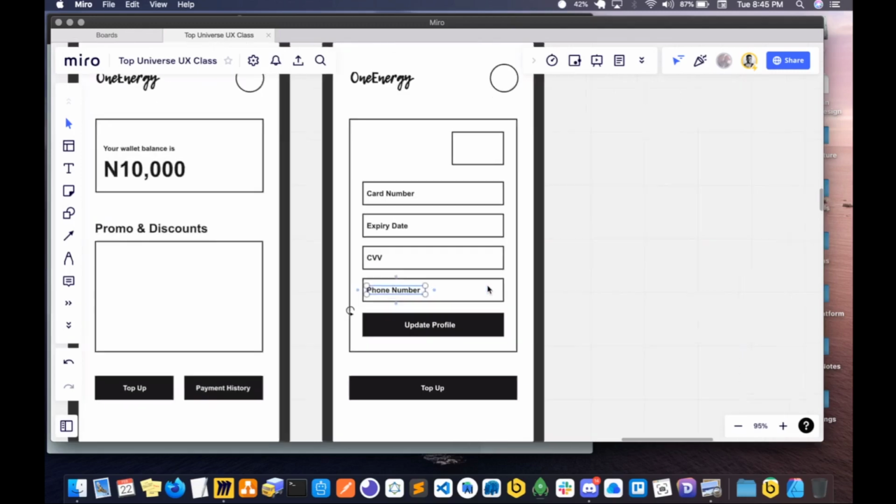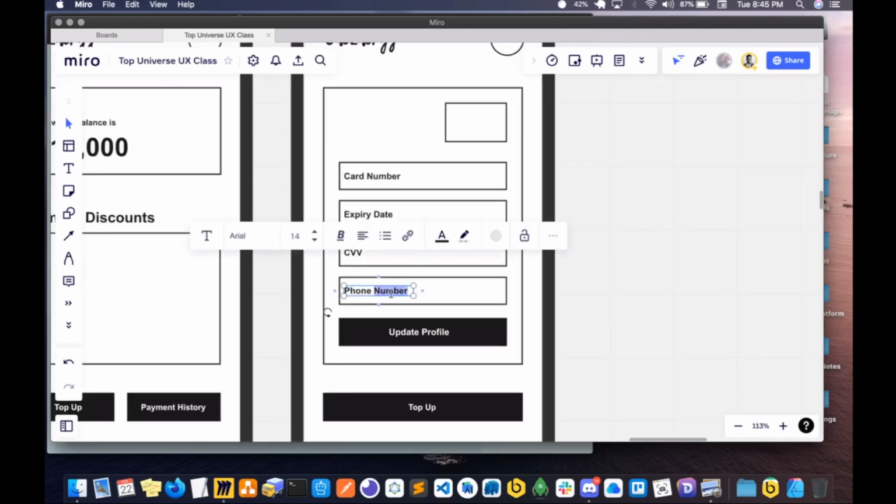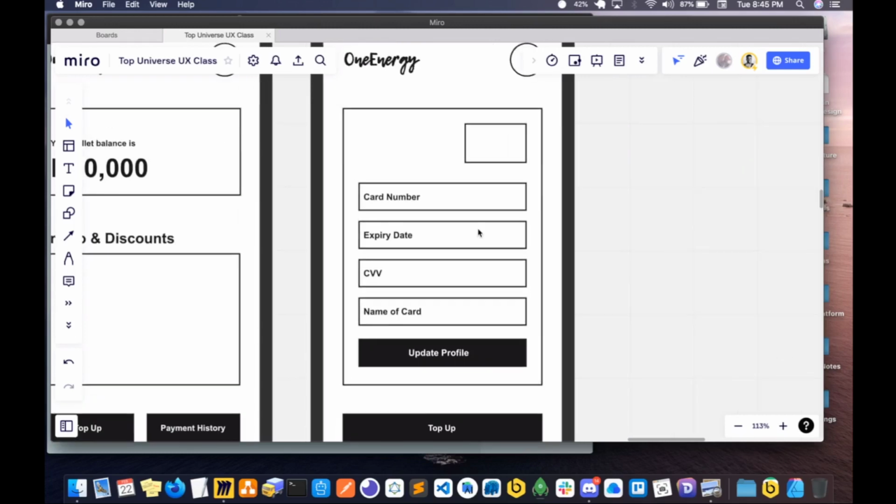While we finish up with this, probably we can also ask for the name on card. I think I've seen this at times on some UI, but I don't think it's compulsory for processing the transaction. So card number, this, that. Okay, and when you do this,